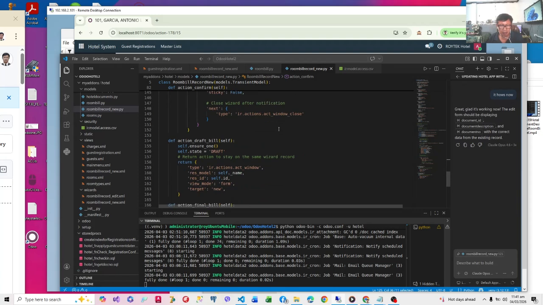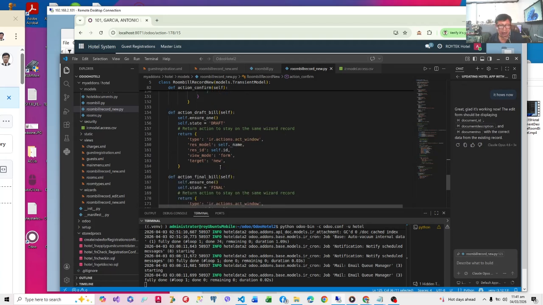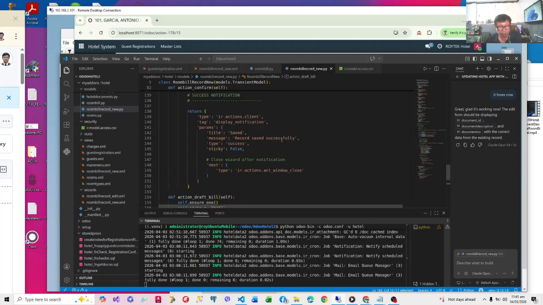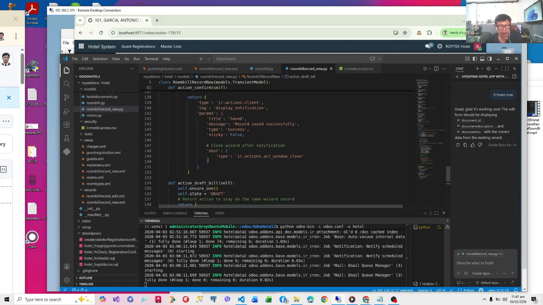Now our bill will have three states, so we will have actions. I've already written it here. We will have an action to set it to draft, and if you take note, we have a return action. This return action, having a target of new, sees to it that the wizard will not close, because in our previous action, the last action will be a window close, so the wizard will close.